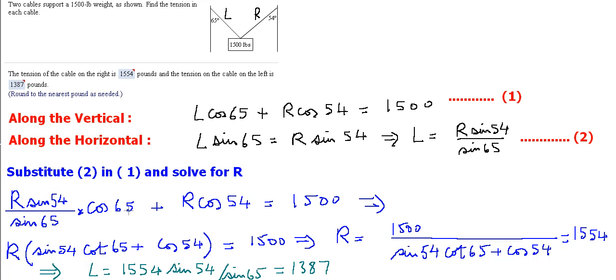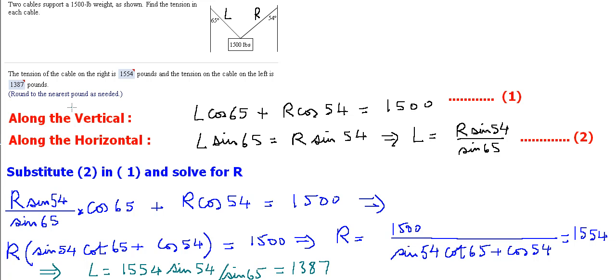So cosine 65 over sine 65 is nothing but cotangent 65. So I took R as a common factor, and then from the first term I'm left with sine 54 cotangent 65, and from the second term I'm left with only cosine 54, and they're both equal to 1500. So all I need to do is divide both sides by the coefficient, and the coefficient in this case is the whole sine 54 cotangent 65 plus cosine 54. Okay, so now my R becomes equal to 1500 over the whole denominator and I end up with 1554 point something,